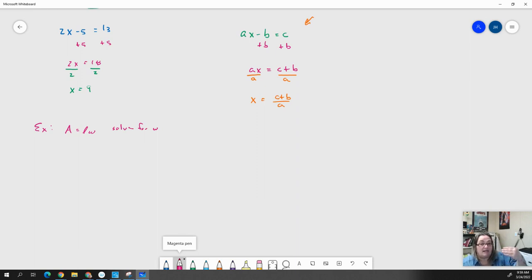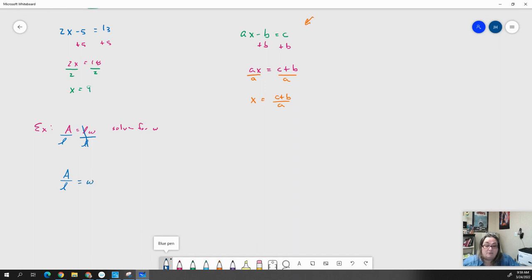We want to get W all by itself. So if we look at our equation, A equals LW, that's saying L times W. So if I want to get this W by itself, I could just divide by L. But I also have to divide this side by L. And if I look at that, these L's will cancel each other out, and I will be left with A over L